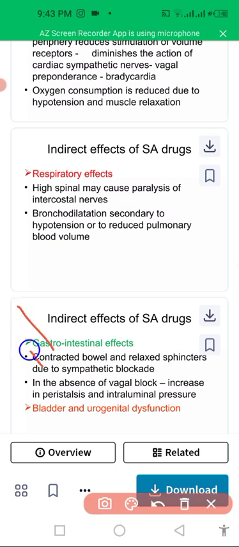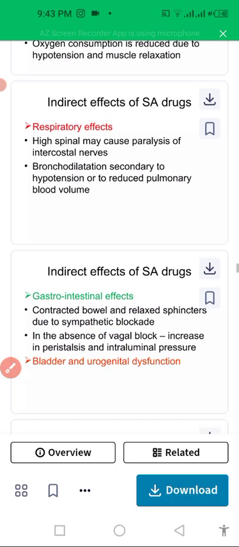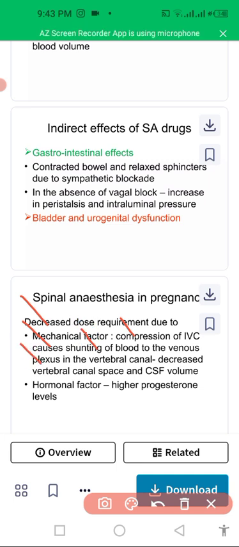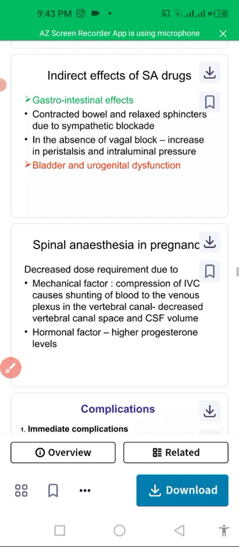GIT effects: contracted bowel, relaxed sphincter due to sympathetic blockade, in absence of vagal block, increased peristalsis and intra-abdominal pressure. Bladder and urogenital dysfunction can be there. In pregnancy, there is a decreased dose due to mechanical factors like compression of the inferior vena cava resulting in hypotension, shunting of blood into the venous plexus and vertebral canal, decreased vertebral canal space and CSF volume. Hormonal factor: high progesterone levels can also cause